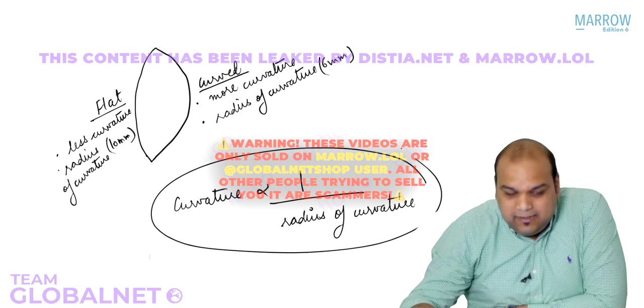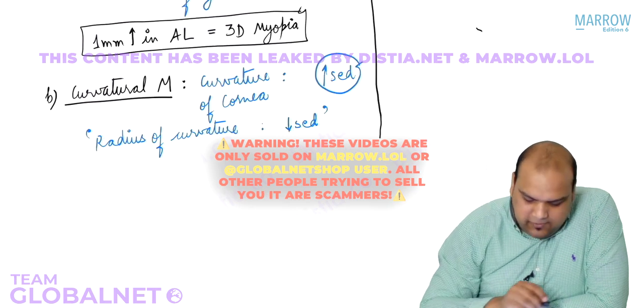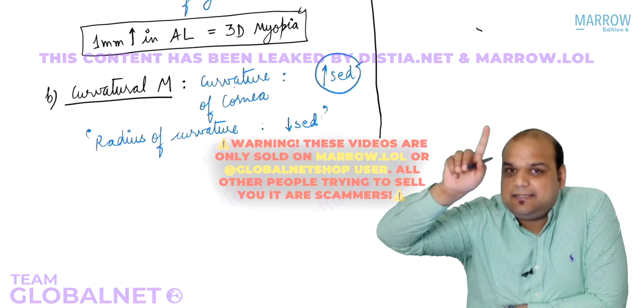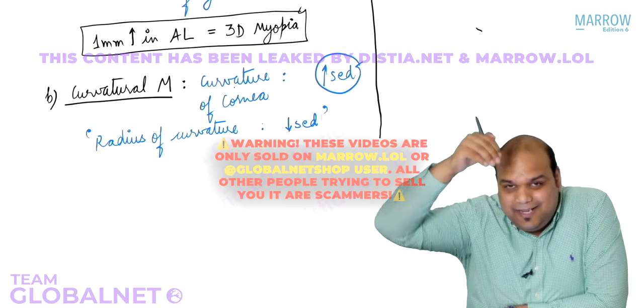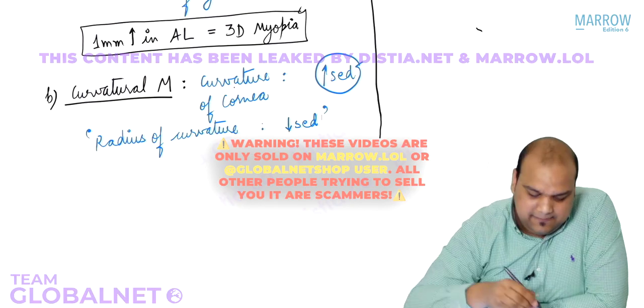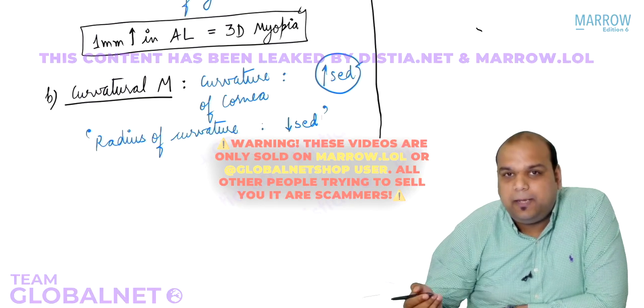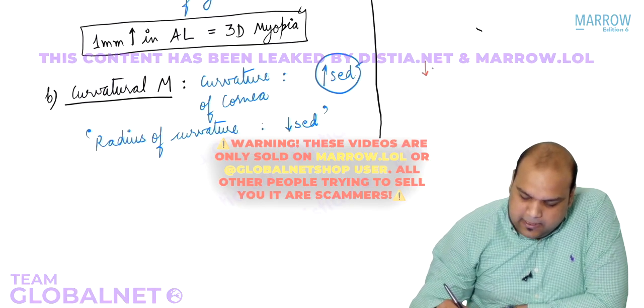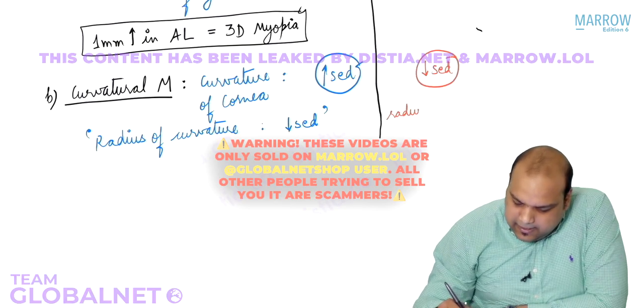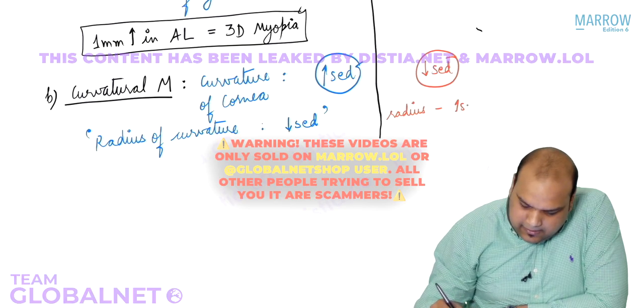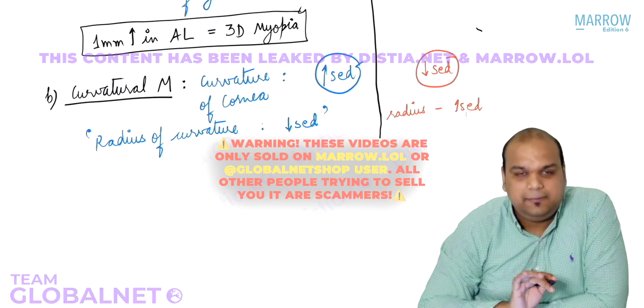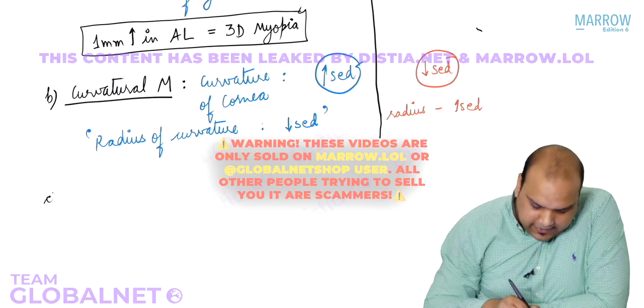Okay? Done? So going back, everybody, we have said that the curvature will increase. If the curvature increases, the radius of curvature will actually decrease. We can do the opposite for hypermetropia. In hypermetropia, we say the curvature will be decreased, but the radius will be increased. Am I clear? Now, third mechanism, everybody,